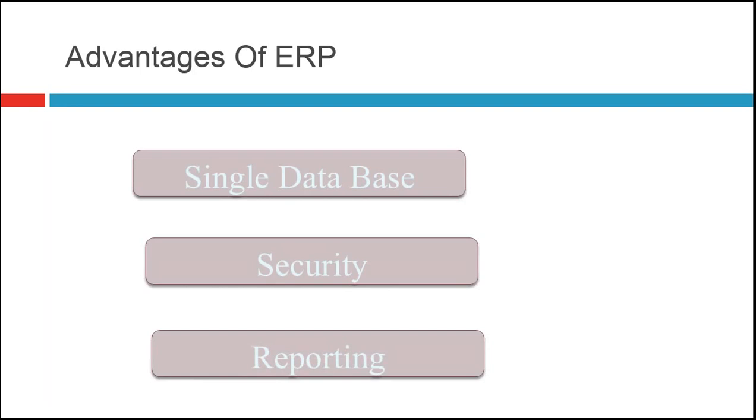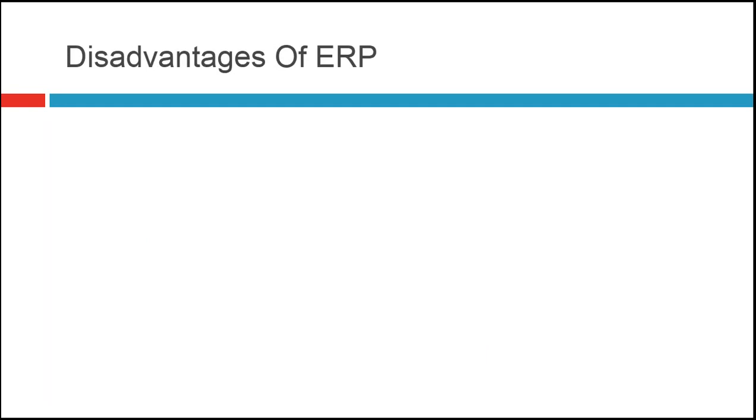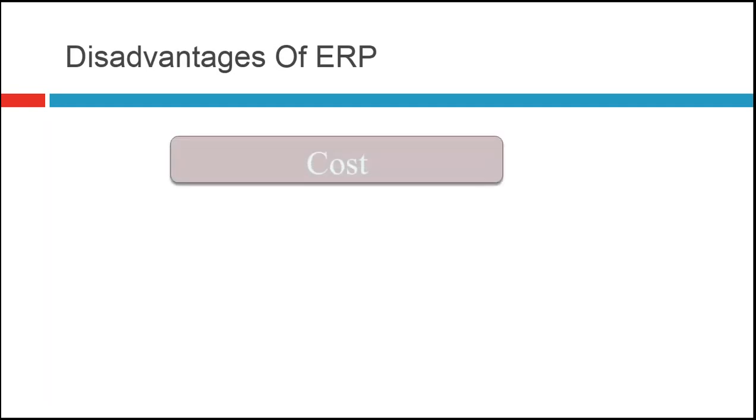Every product has some advantages as well as disadvantages. What are the disadvantages we can consider for the ERP? First is the cost. How can cost be a disadvantage? The ERP has a lot of modules. To buy the ERP is very costly, and by default only a few modules come with it. If you want any additional modules in your ERP system, you need to buy them.